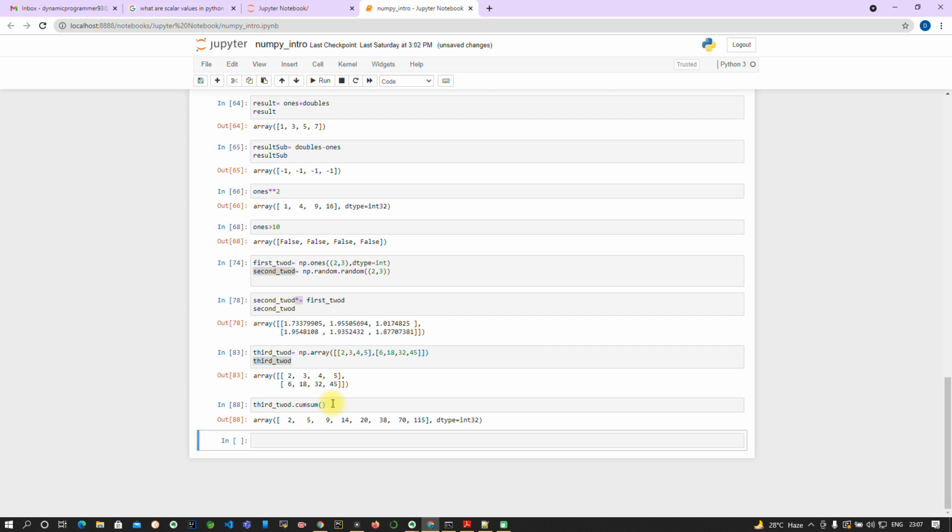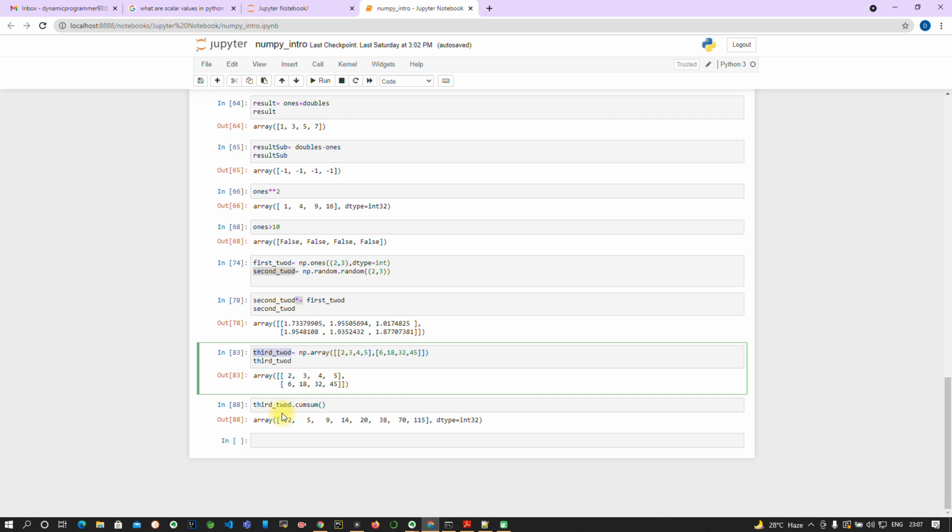Like the basic operations, whenever you apply a universal function, it will apply to all the elements and return a new array. So let's use our own array for trying sine, cos and the other universal functions.